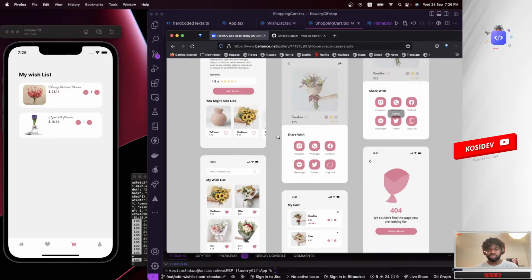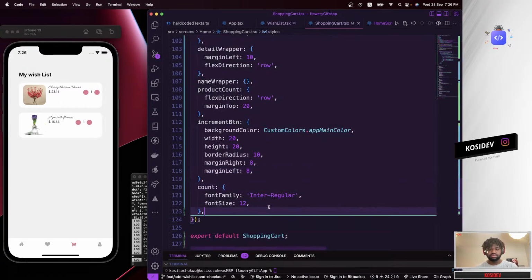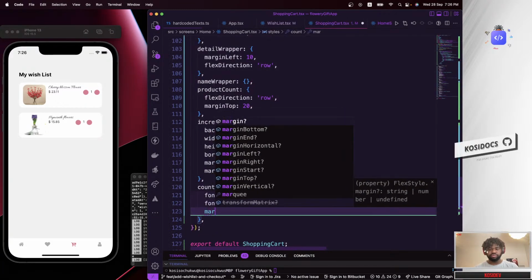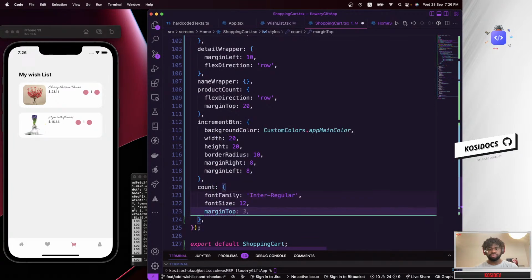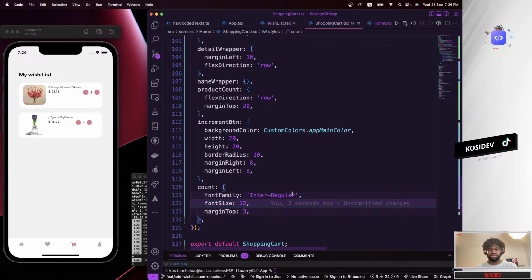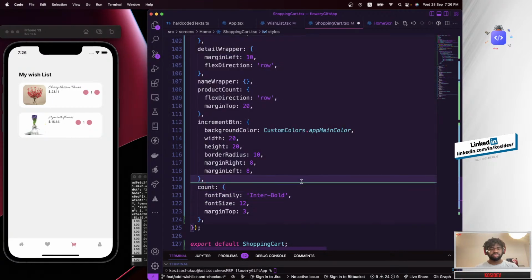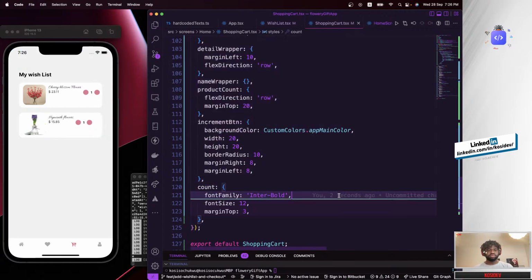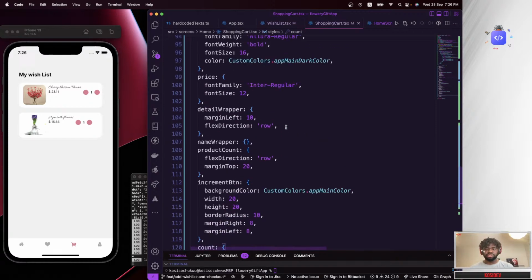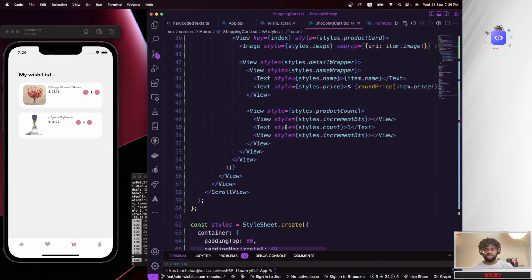So let's see what else we need to add there. Yes, margin top. Okay. Let's try using interpret. Okay, there we go. And last but not the least is that each of these should have an icon within